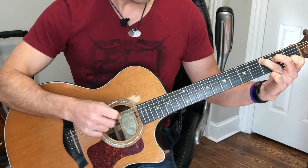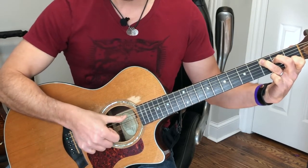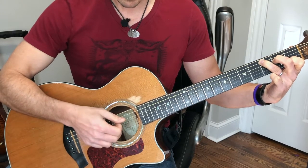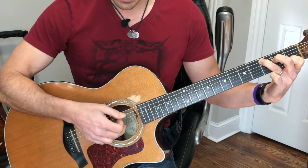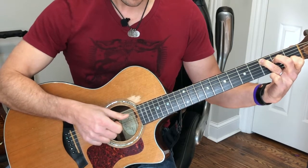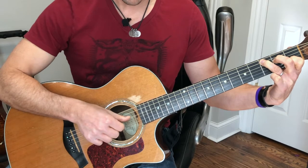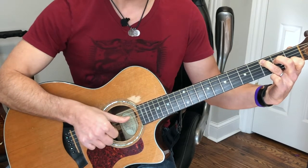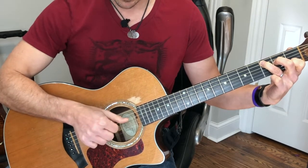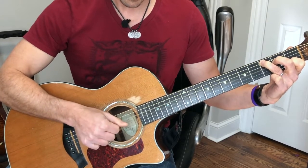Then part 2 is going to be the thumb going back to the 5th string. Okay, then on the upbeat, hitting the 2nd string with your middle finger now. And on beat 4, hitting the thumb on the 4th string. And you can pinch the 3rd too to keep it consistent, or you could just do the thumb alone. So that would be this. Or,